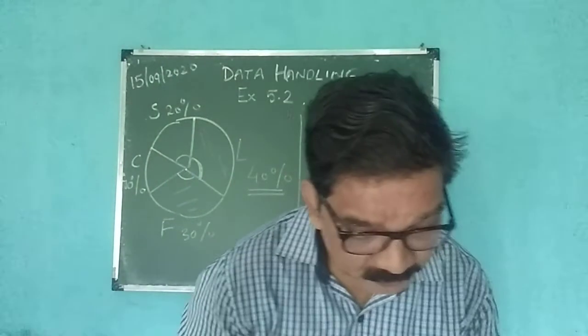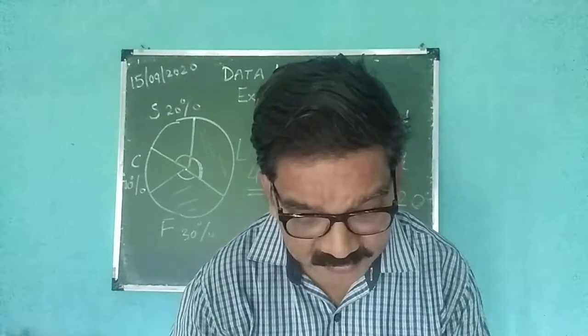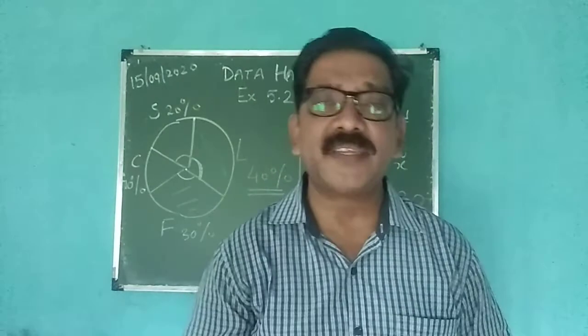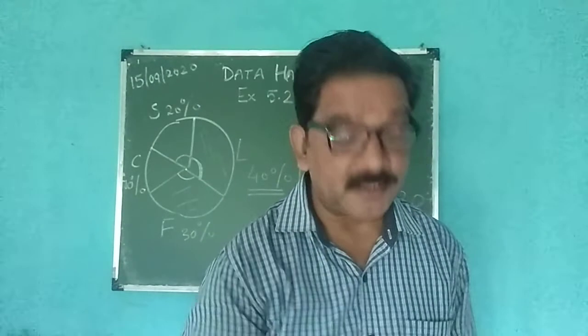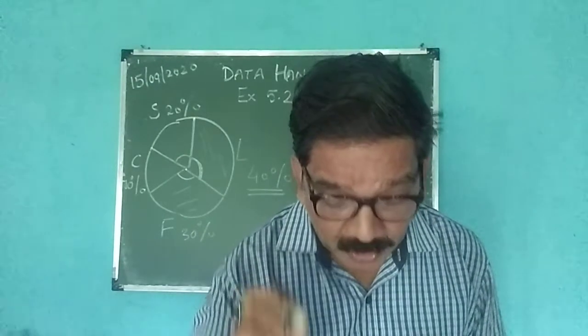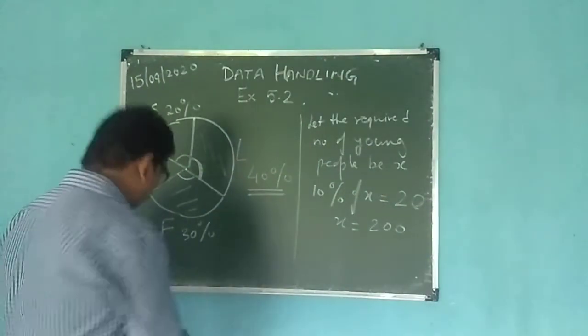Third, if a cassette company were to make 1000 CDs, how many of each type? It is very easy. If a cassette company is making 1000 CDs, now you have to find out how many of each type they would make. So what we will do,